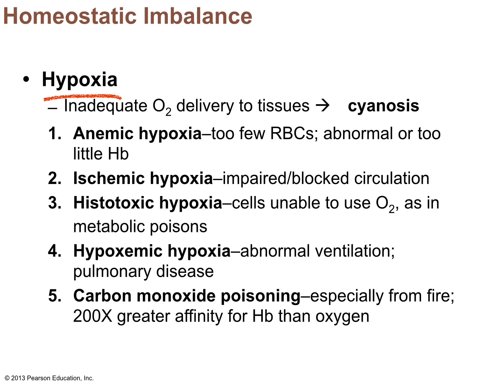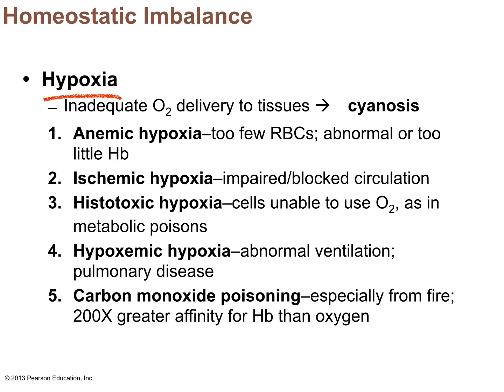Ischemia means a decreased blood flow, so anything that impairs circulation. Histotoxic hypoxia, histo means tissue, toxic means toxic, so we're talking about metabolic poisons that cause the cells to not be able to use the O2. Hypoxemic hypoxia is some type of pulmonary disease causing an abnormal ventilation. And then carbon monoxide poisoning also can do this because carbon monoxide binds to hemoglobin with about 200 times the